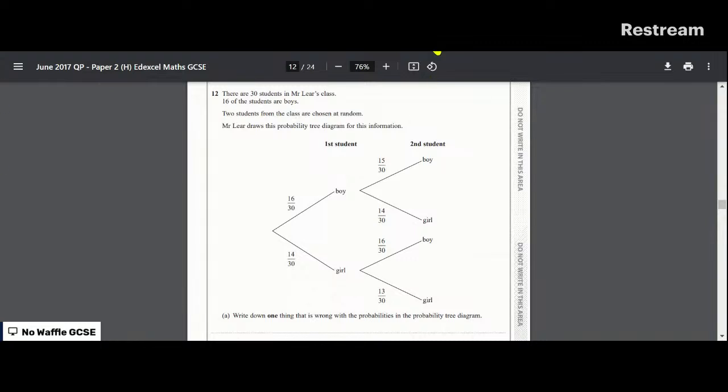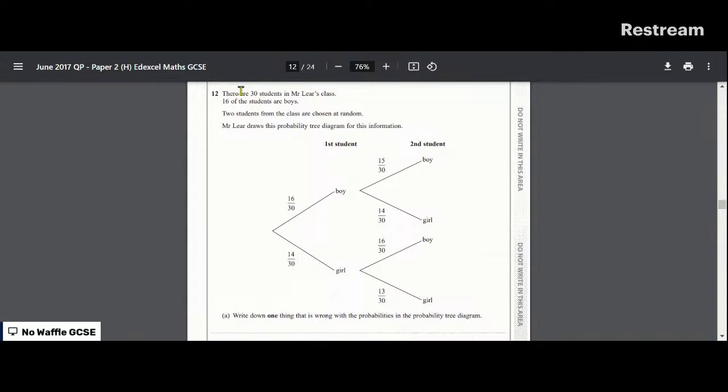Okay, so let's see what's wrong. There's 30 students and 16 are boys. So 16 out of 30 is a boy, that's correct. And then 1 minus that should be the probability for the girls. So 14 out of 30 has been put for the girls. That is correct. Okay, next,